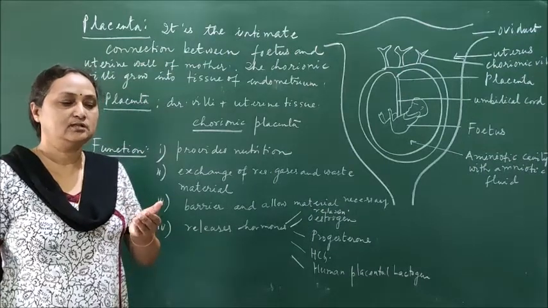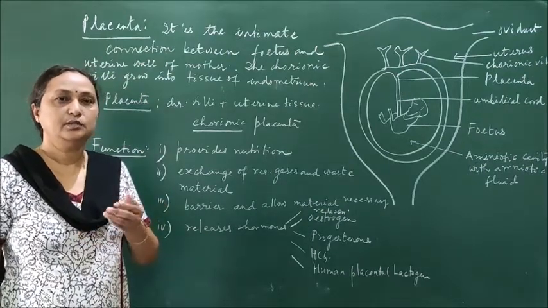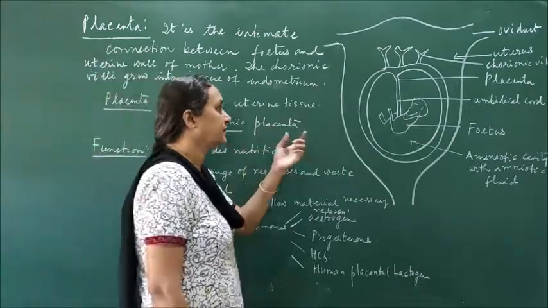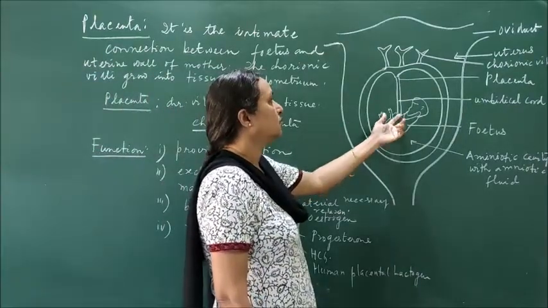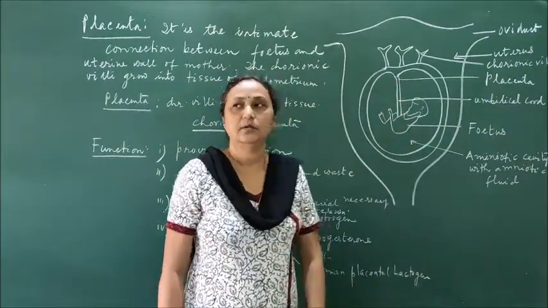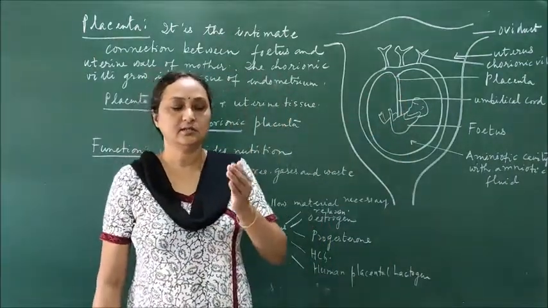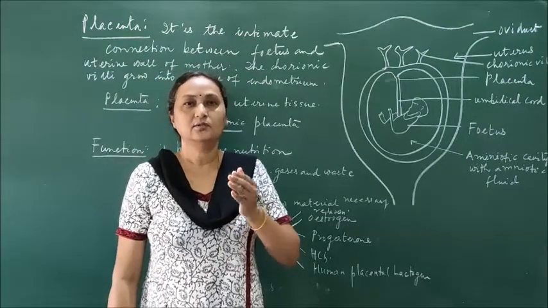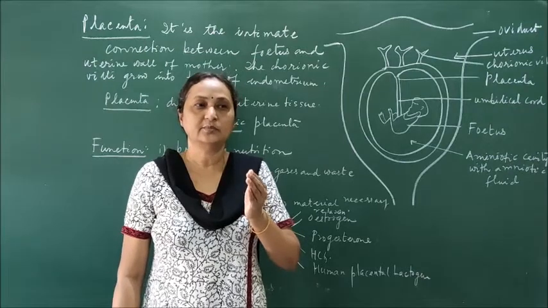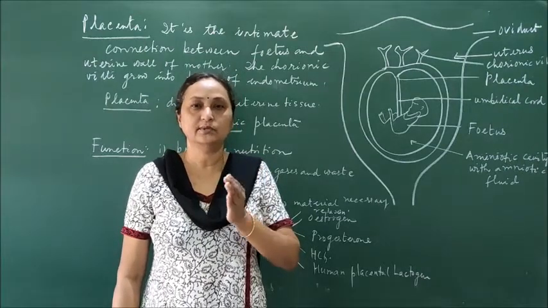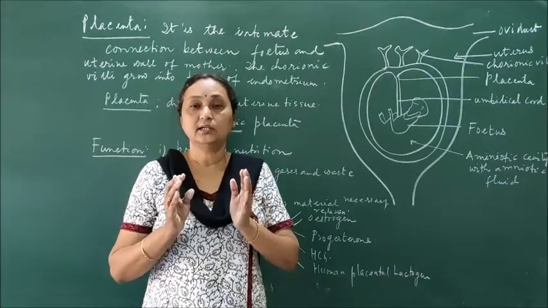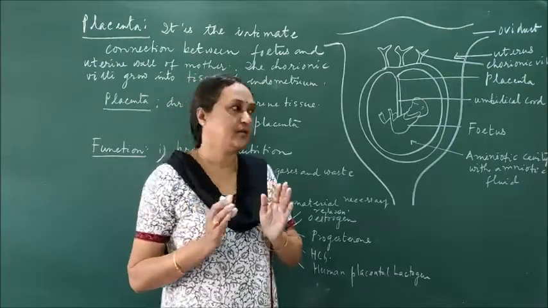So how is the fetus implanted to the uterine tissue or the uterine wall? The structure which is connecting the fetus to the wall of the uterus is called the placenta. The placenta is the structural and functional unit connecting the fetus with the mother, because there is transfer of many materials from the maternal blood to the fetal blood. But the blood of the fetus and the mother are not connected to each other, they are separate. Okay?